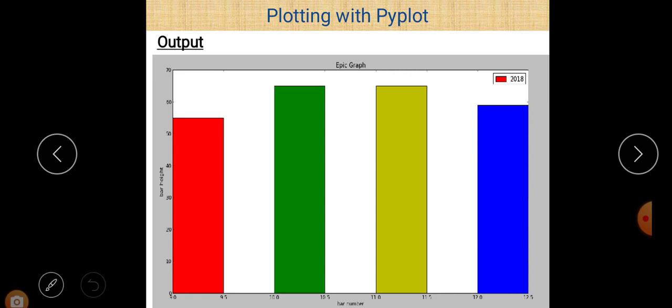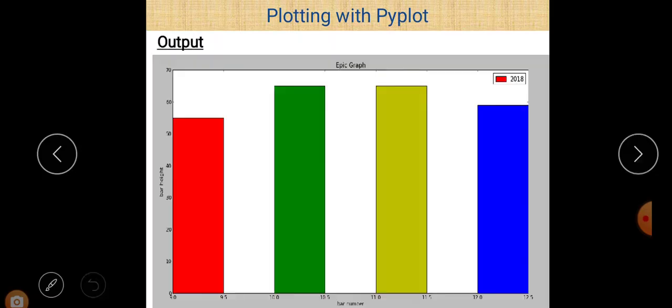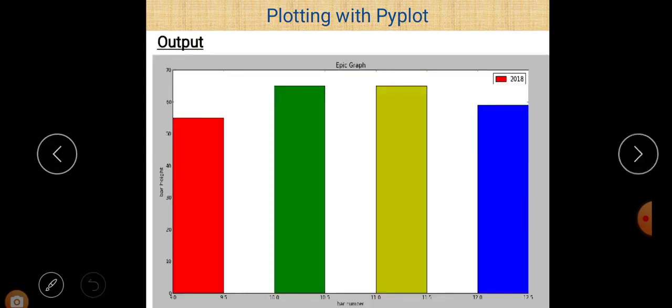and all of them are of different colors because we took different colors here, and all of them are the same width because we took a single width for all of them. So it basically depends on you. Here you can define a different width for different bars also, and you can use a single color to represent the bars using a single color. So it depends only on you.